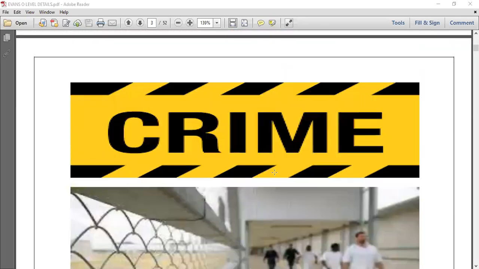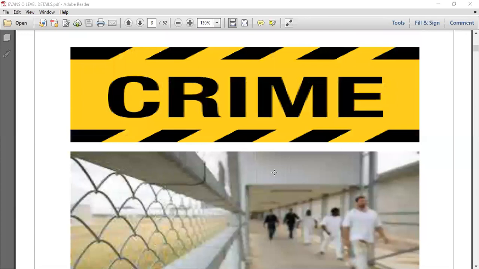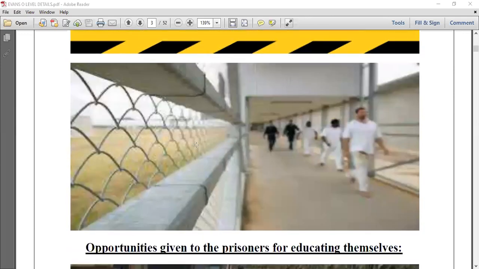Like crime. So before starting the lesson, we have to talk about crime and criminals, those who are in prison. Of course, we can also think of Tihar, Vellore, Madurai, Trichy, Chennai, so many jails we have heard of in and around, wherever we got opportunity. So Tihar is very famous, right? And even in Madurai and Trichy we have very famous prisons. So crime and criminals, you can also remember, they are like slaves